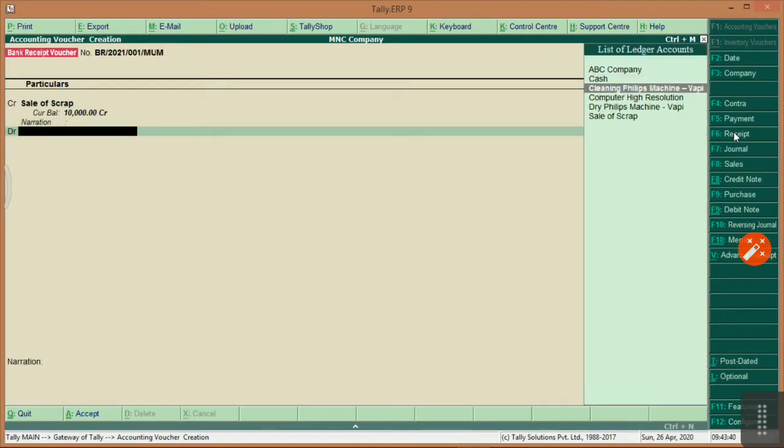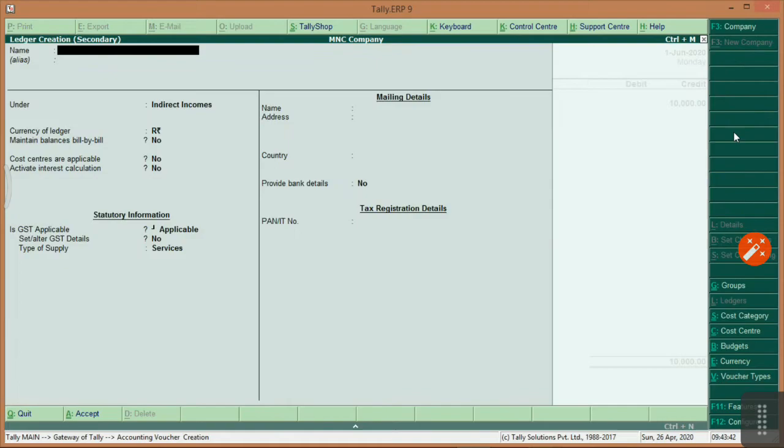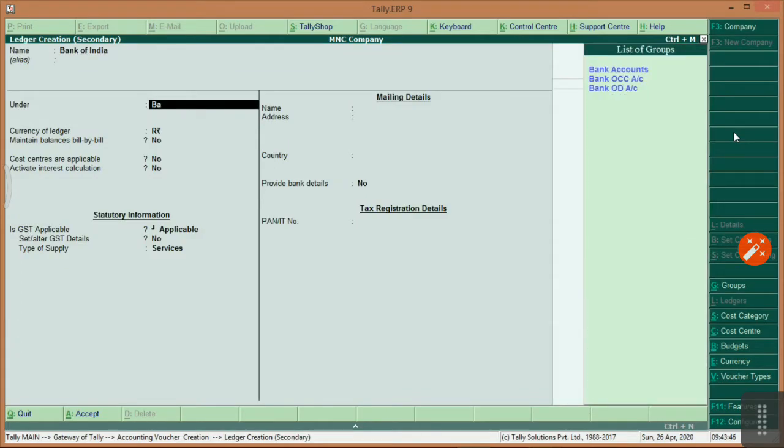Bank also I will create, Bank of India, bank.